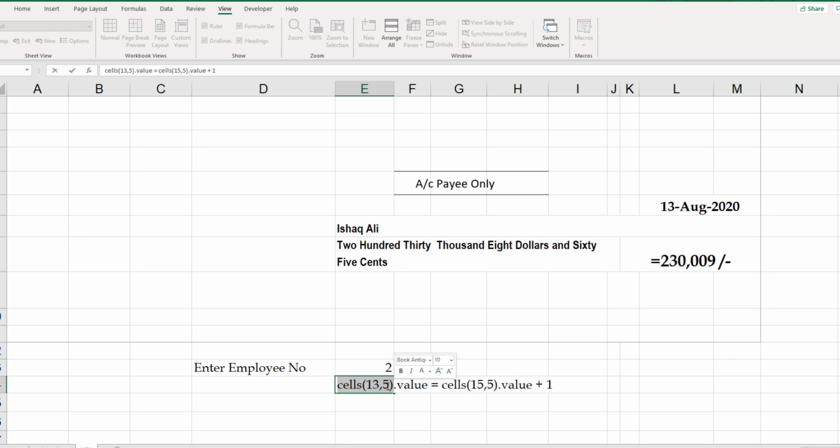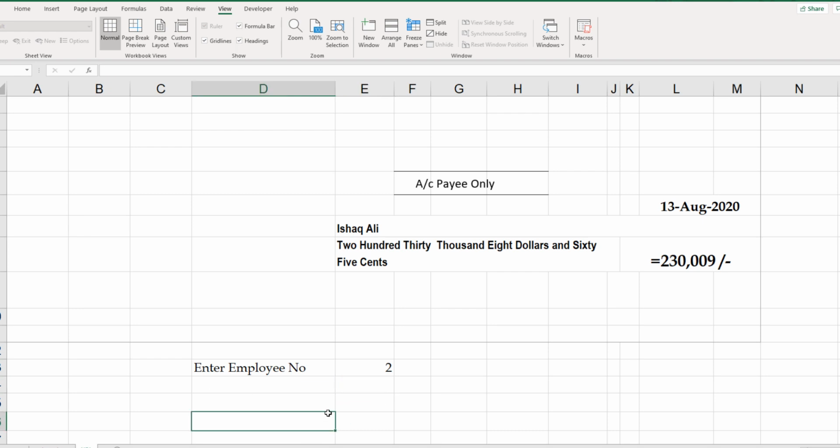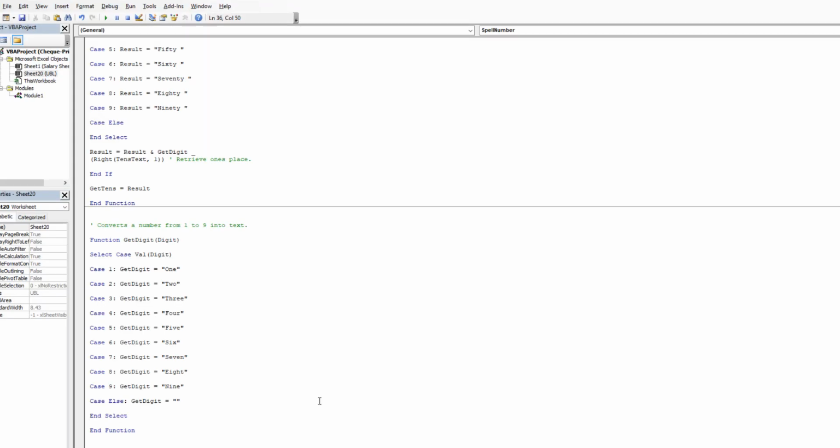It implies that, for row 13 column 5 dot value, whatever value of this cell is, add 1 to that. So we can now write a macro for that.